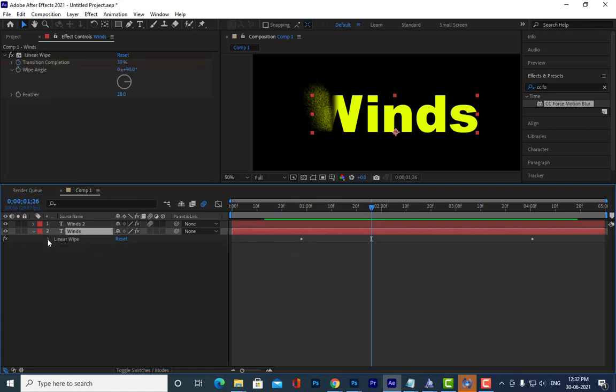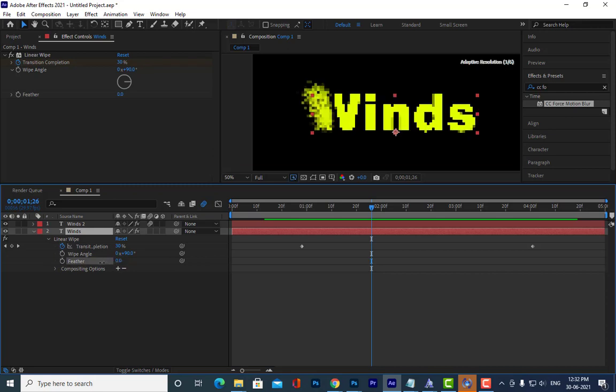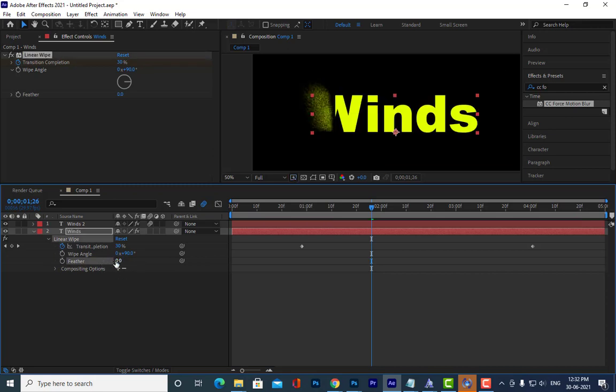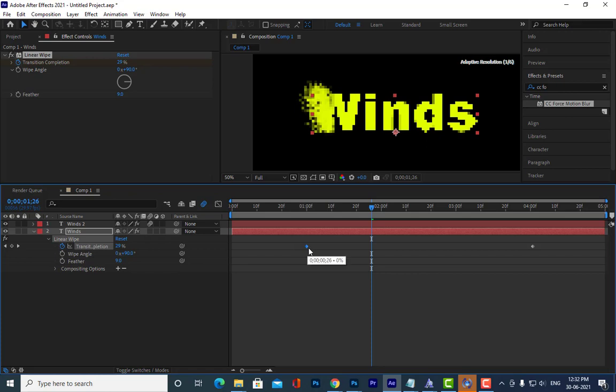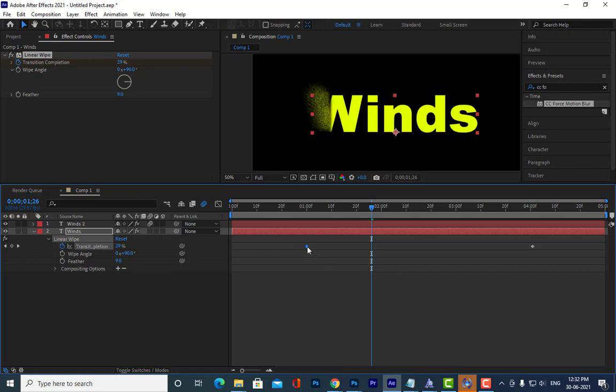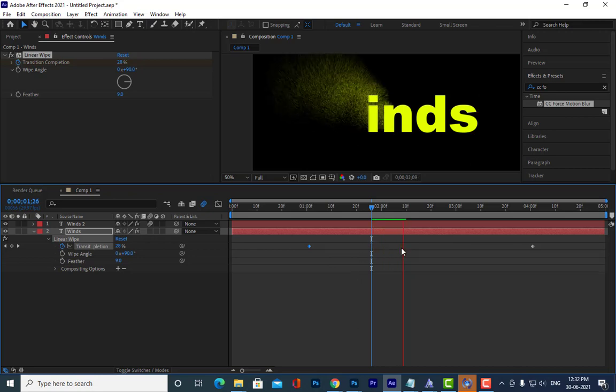I think the feather value is too much. Let me reduce the feather value. Let's keep it somewhere around here. And also let's try to move it. So we want it to move along with this particle system. Okay, now it's looking nice.